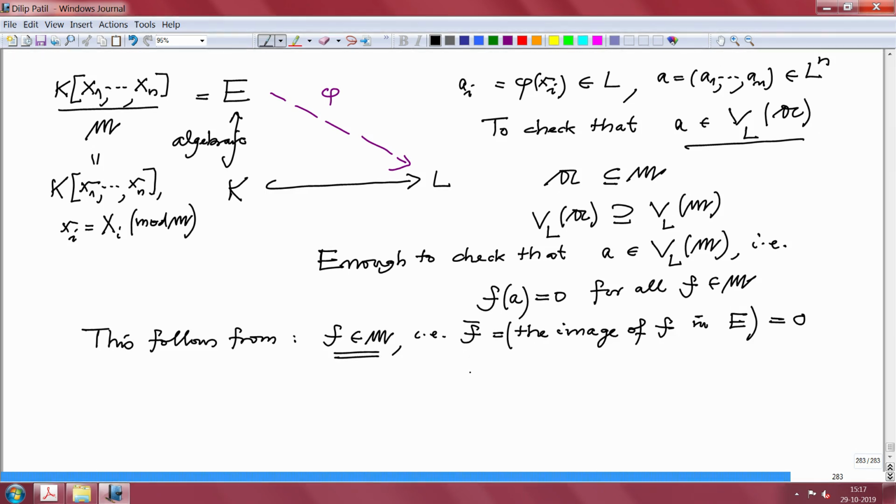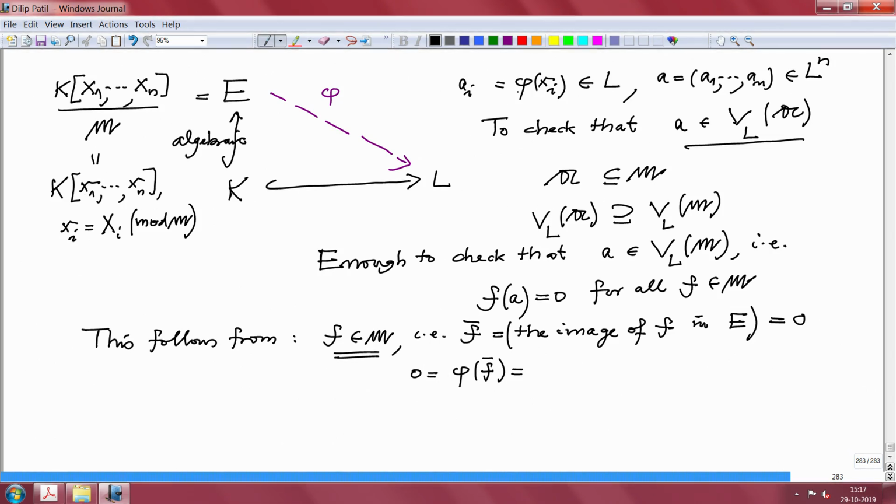So, therefore, this is 0. So, phi of, because phi is a K algebra homomorphism, phi of f bar is also 0. But what is phi of f bar? This phi maps these xi's